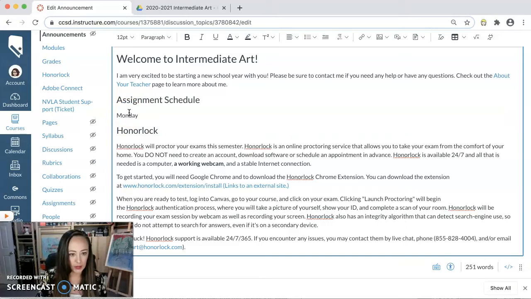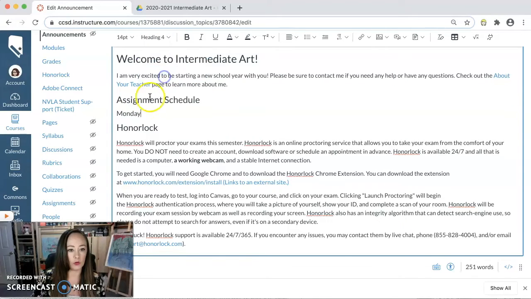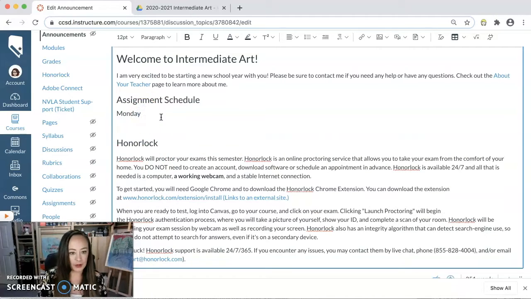So Monday, and I'm going to use heading 4. So I went from heading 3, heading 2, heading 2, heading 3, and then heading 4, and then this goes back up a heading. So Monday, and what are we doing Monday? I have students scheduled to do their icebreaker